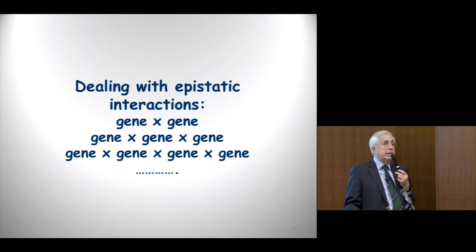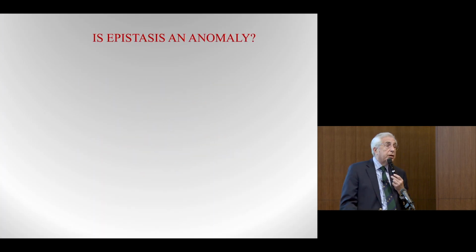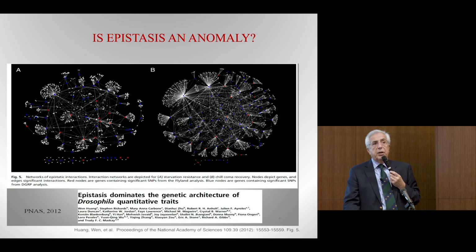One problem that we still do not know how to cope with is that of gene-by-gene interactions, actually gene by gene by gene by gene. The medical geneticists talk about gene-by-gene interaction, and I think it's a bit misleading because, as I said before, from a biological perspective, high-order interaction might be quite important. However, when you use statistical methods, you do not find much evidence of interaction. So the question is, is it because the methods are wrong, or is it because interaction is not important? Well, the answer,